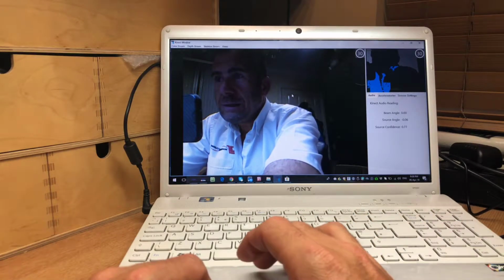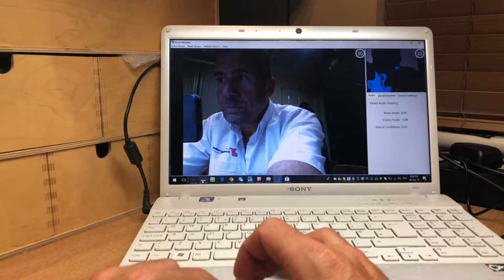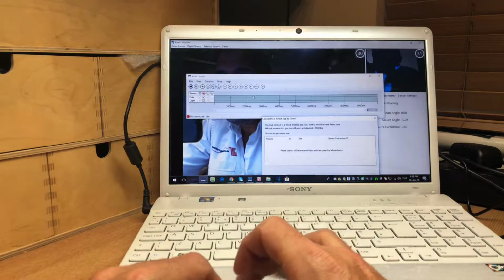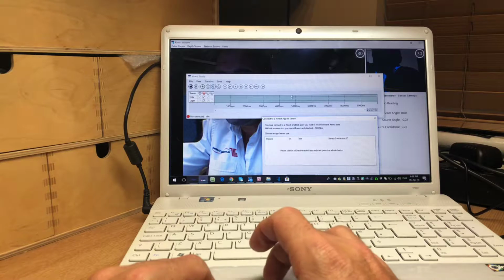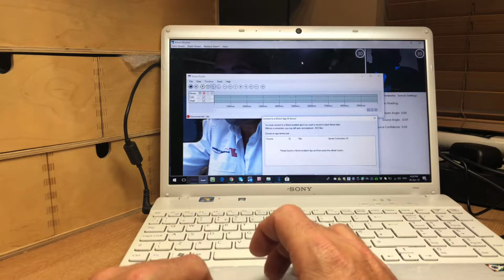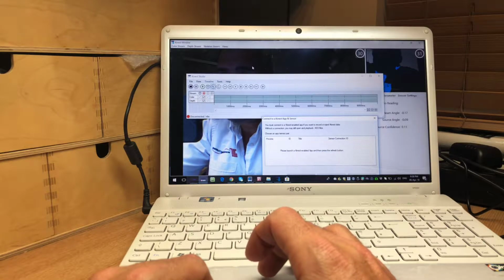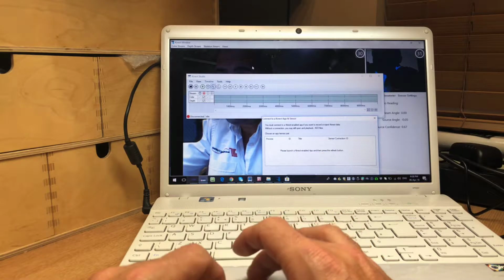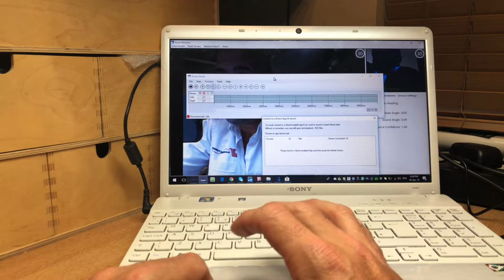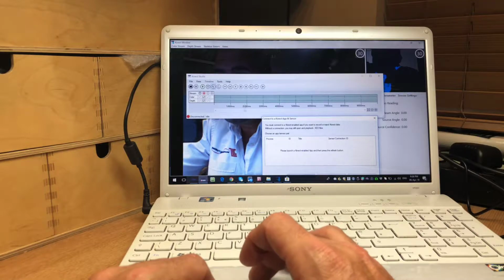I've been asked a question by several other customers how to actually record the skeletal map output using the Kinect Studio. In fact, it's not actually possible to record the actual detail itself. For some reason it doesn't record that data, it just records the depth and the colour stream. So to get around that,